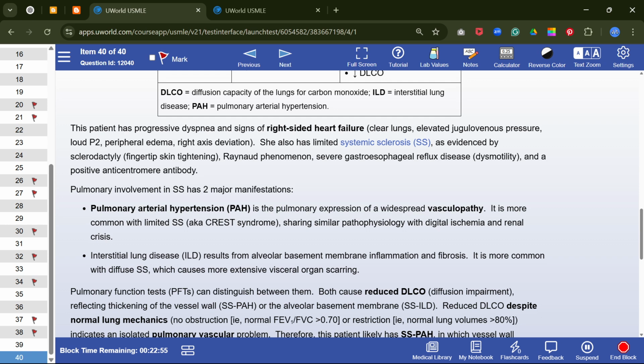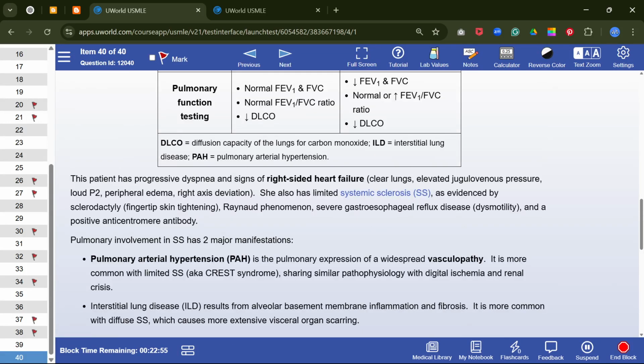She has limited systemic sclerosis as evidenced by sclerodactyly and fingertip skin tightening, Raynaud's phenomenon, severe gastroesophageal reflux, dysmotility, and positive anti-centromere antibody. Pulmonary involvement of